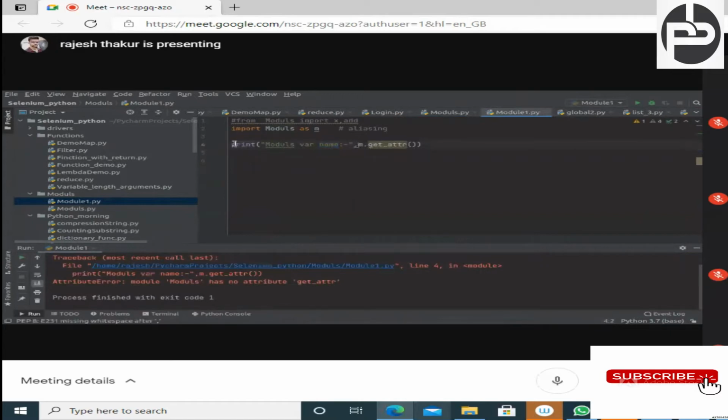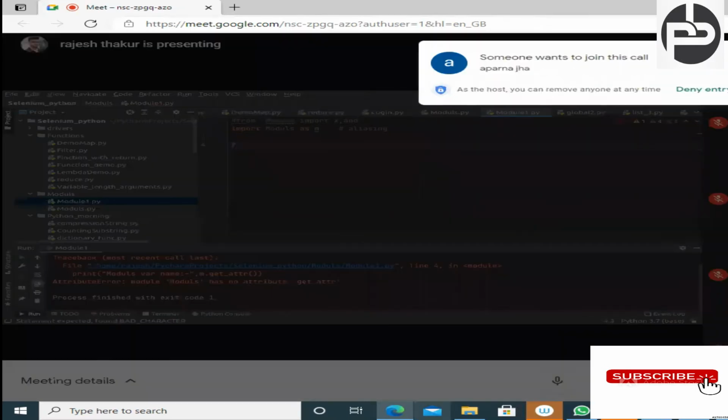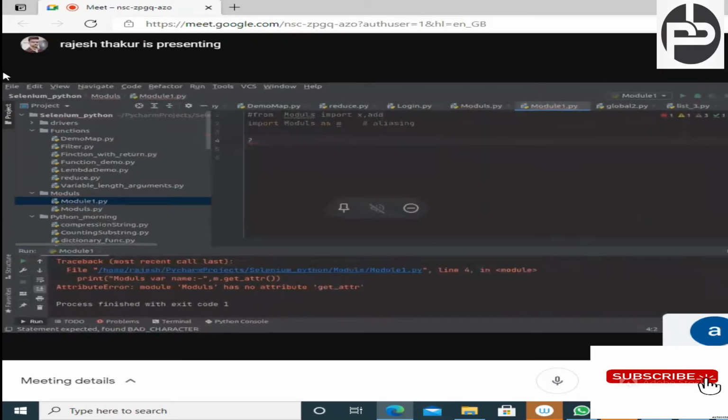So what I was saying, the get directory method was printing all the module contents, but if you are calling it from another Python module, then it will always return none. So the dir function will work only in the same module or current working module, in which module you are working. Means what I was saying, just try to understand, what I was saying.